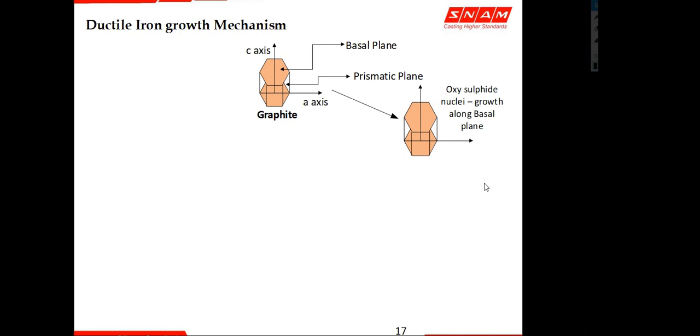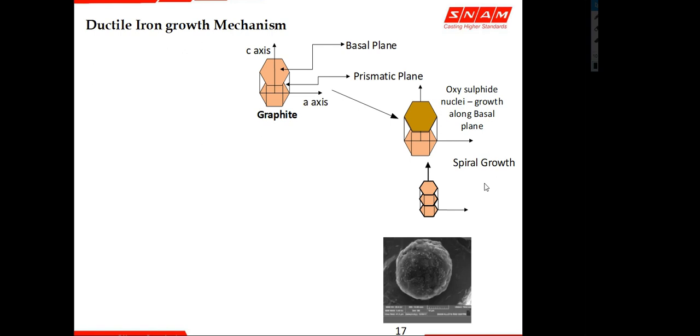So graphite starts sticking one on top of the other, and further graphite precipitation happens one over the other, and this gets stacked and then it grows in the spiral form, and finally leading to a round nodule formation. But there is the other way, which we talk of the faded nodule, or what we call poor magnesium, the effect of poor magnesium treatment.